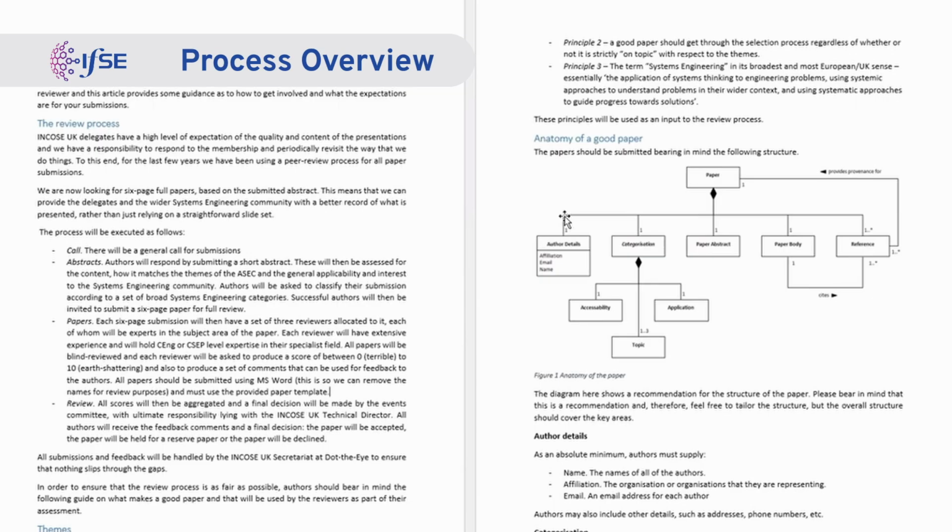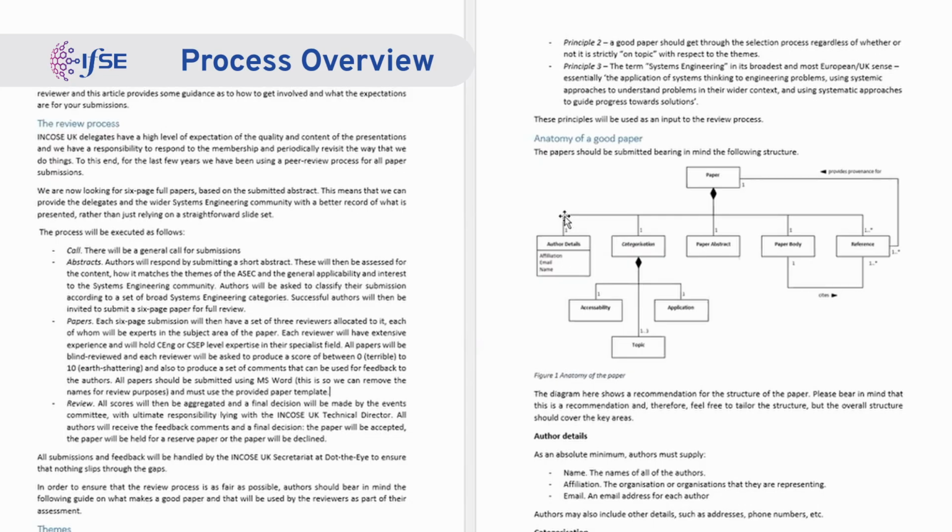We've also started this year, based on last year's ASEC, that each of the 2 reserve papers is getting their own online presentation that's been recorded. So just last week and the week before, we recorded both of the reserve papers. So out of about 40 papers, you're looking at 11 that are going to get through to the main conference, plus 2 reserves. So it's really only 1 in 3 papers that are going to get through.